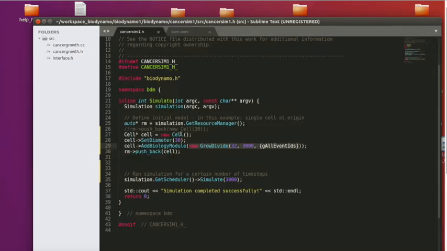So the cell class is the most basic cell class that we have, and it's in the standard library of BioDynaMo. We assign it a certain diameter, in this case 30 microns, and we then add a so-called biology module to this cell. So a biology module specifies what some element in the simulation does, some biological element. It doesn't need to be a cell element or a cell body. It can be also, for example, a part of an axon or a part of a dendrite, or of a blood vessel. This is really up to the modeler,